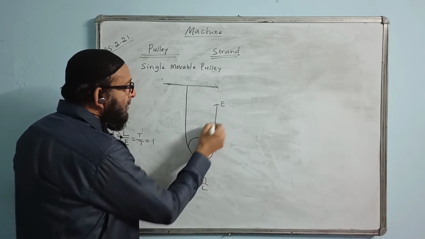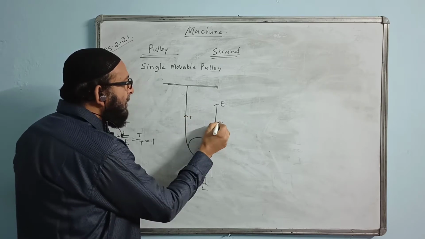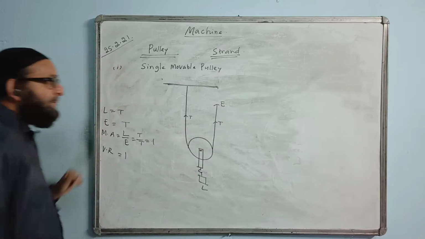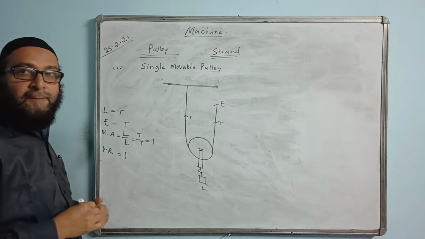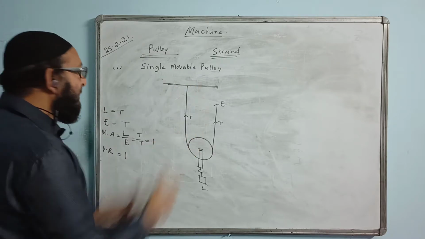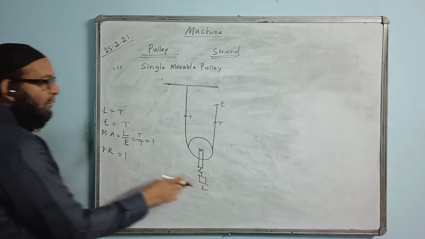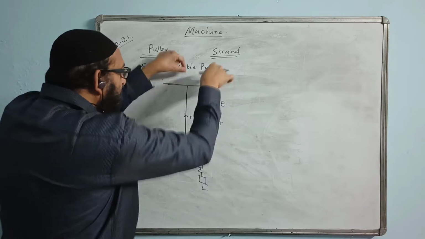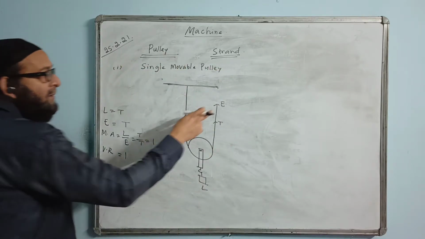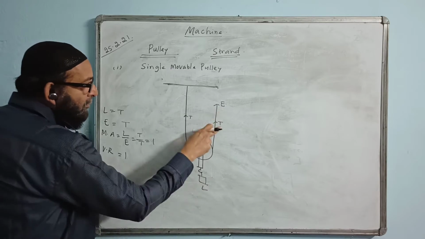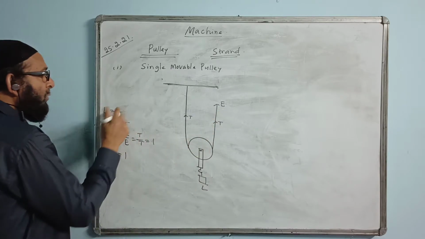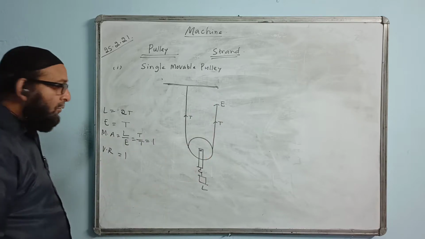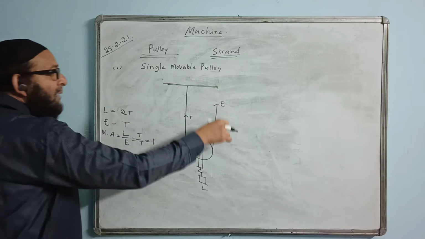Here we mark the force of tension upward, here also the force of tension in the upward direction. This effort will be used to lift the load. So this time tension is to be marked always in the upward direction. In every case the tension will be in the upward direction. So we write here load: both the tensions are lifting the pulley as well as the load. Effort is lifting the load, but effort is equal to one tension. That means load will be equal to 2T here. Two tensions are lifting the load. Both the ends of the string are lifting the load. Effort on one side of the string is 1T.